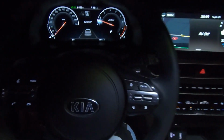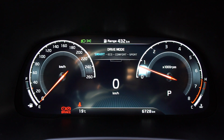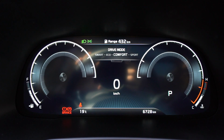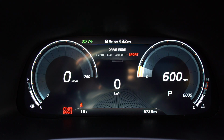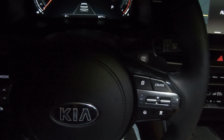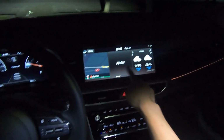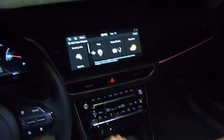Before we go, I'd like to show you there are four drive modes. For each drive mode, the gauge cluster actually changes. That's for Eco, Comfort, and Sports. So guys, let me know which one you like the best. I like Comfort best because I just like the big dials. So it's a 12.3-inch gauge cluster. It can be split like this, or you can choose whatever you want. If you want weather,